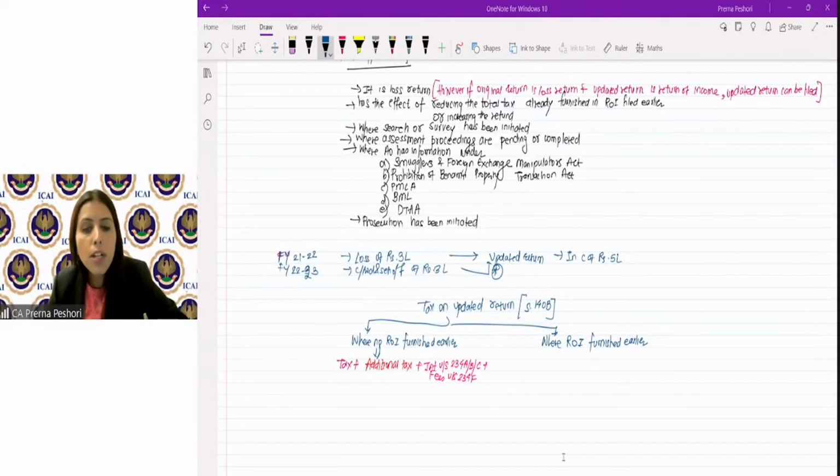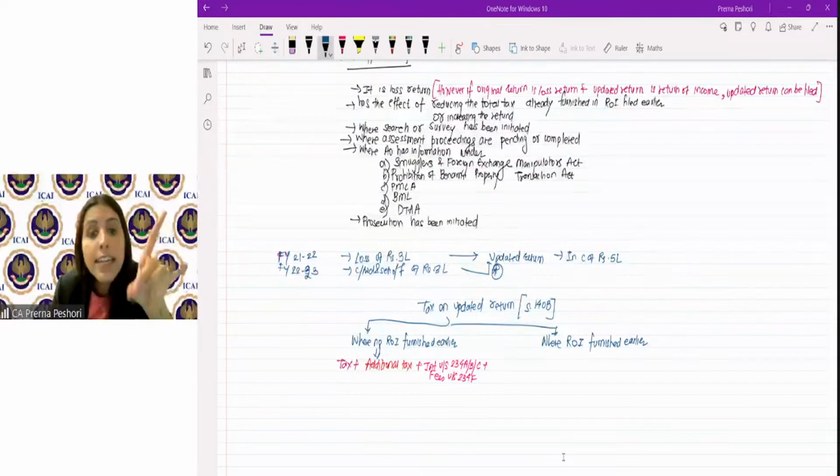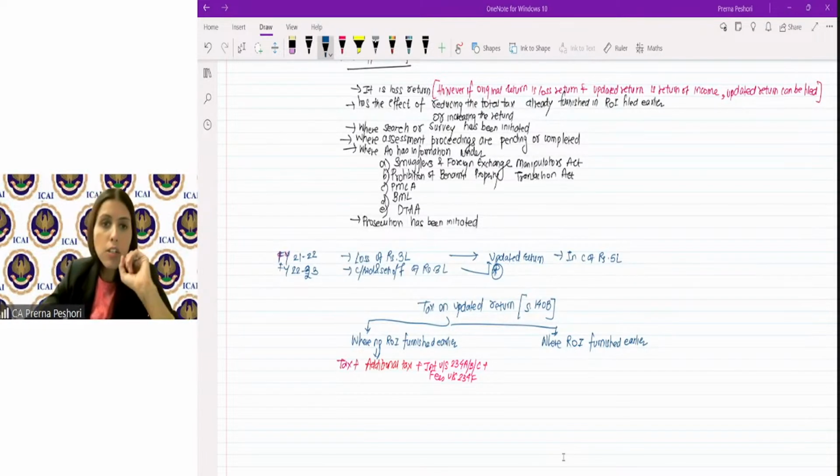So what you will do is, you will calculate the tax here, but you will reduce the tax which has already been paid earlier, either as TDS, TCS, or any kind of tax which is already paid by you earlier, self-assessment tax, any FTC, MAT credit which has not been claimed earlier. So all of that you will reduce, and that will be increased by the interest under 234B where return has already been furnished. In case where the earlier return has been furnished, the interest under 234B has to be computed on the assessed tax. On the assessed tax, meaning, so what you will do is here,